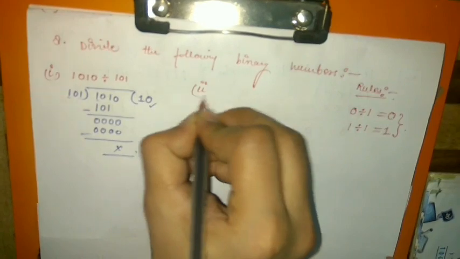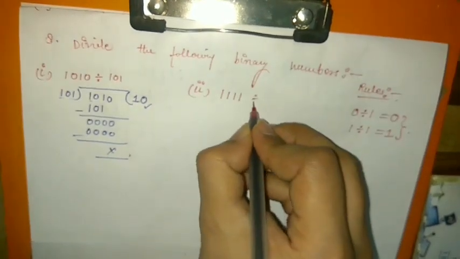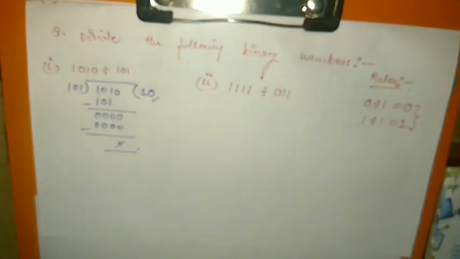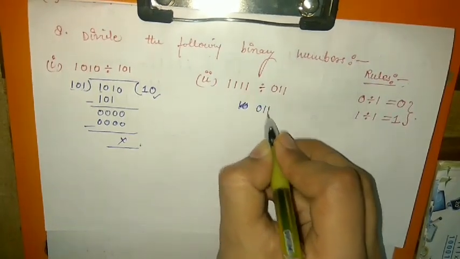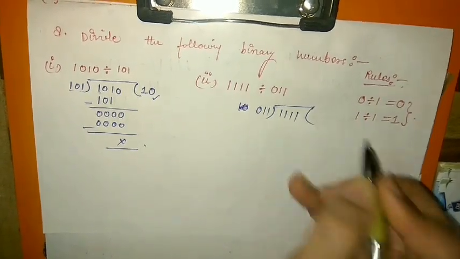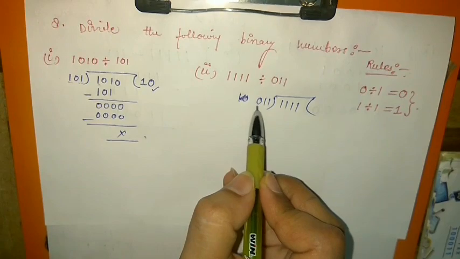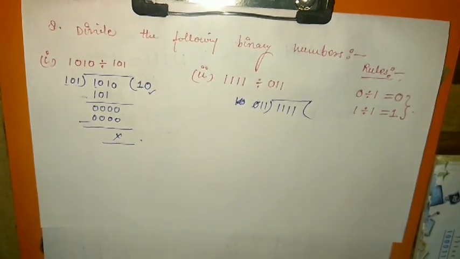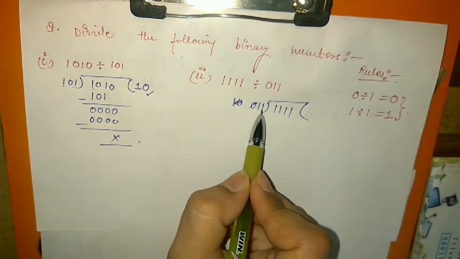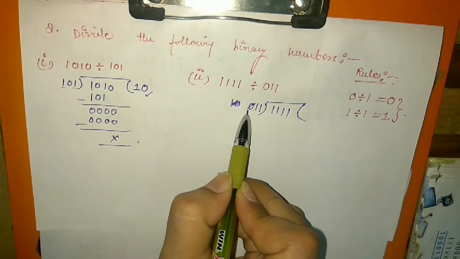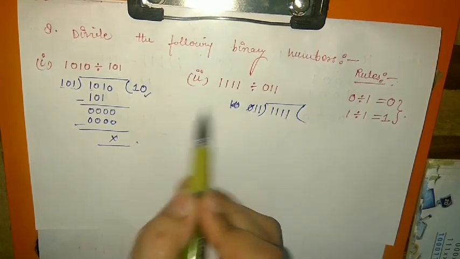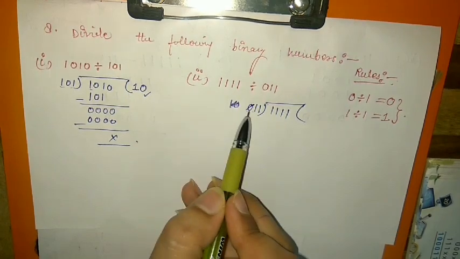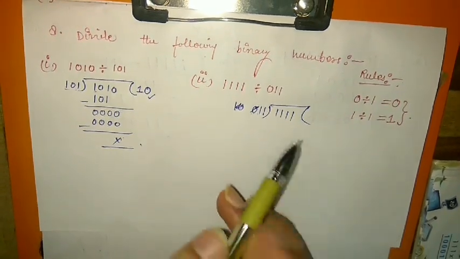Now see the second part. It is 1111, four times 1, divided by 011. If we have 0 on the left hand side, then it is basically useless in binary numbers. Why is it useless? Because you start counting from here: 2 to the power 0, 2 to the power 1, 2 to the power 2. If you multiply 2 to the power 2 by 0, there will be no effect. However many zeros you put here, the value will stay 0. So in binary, if there is a 0 on the left hand side, it means it is useless. A 0 on the right hand side matters, but on the left hand side it does not.